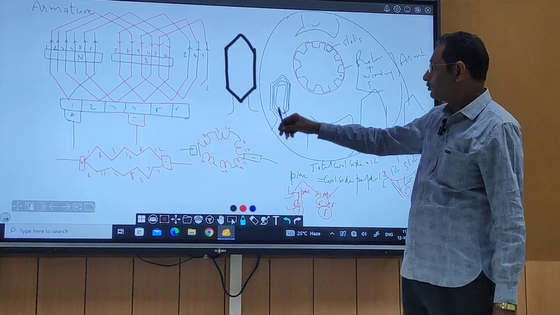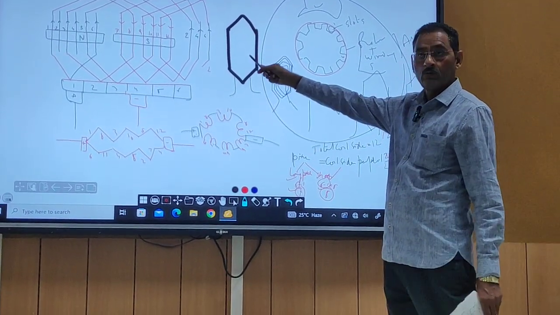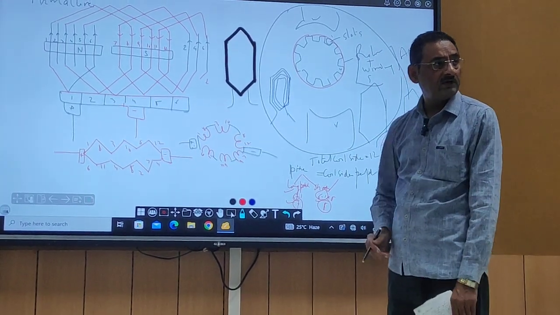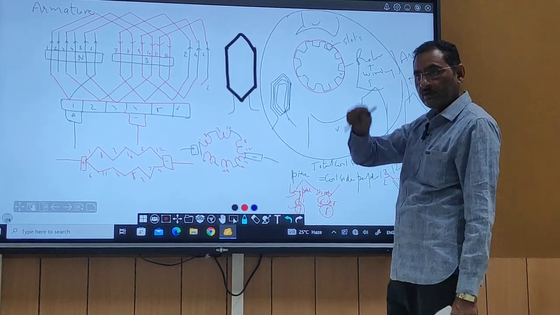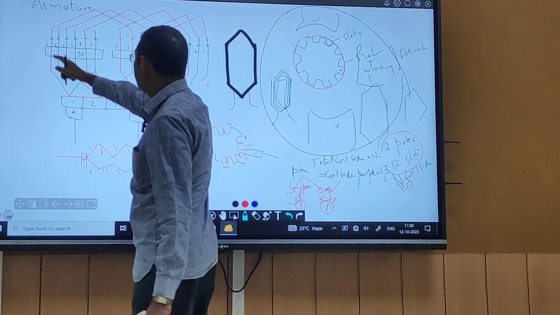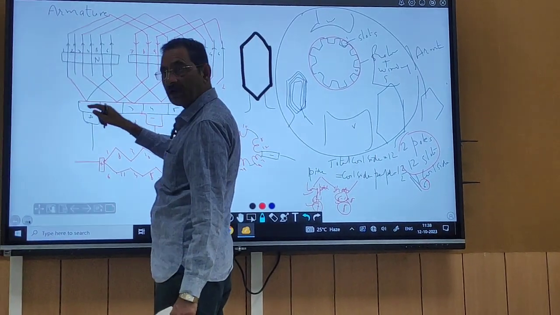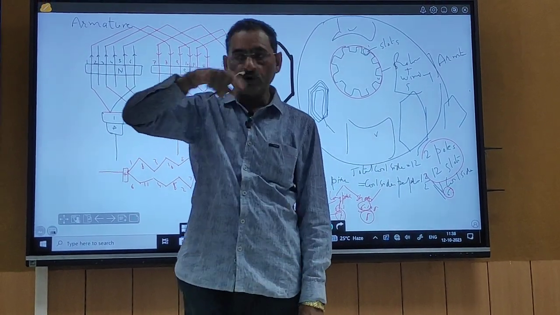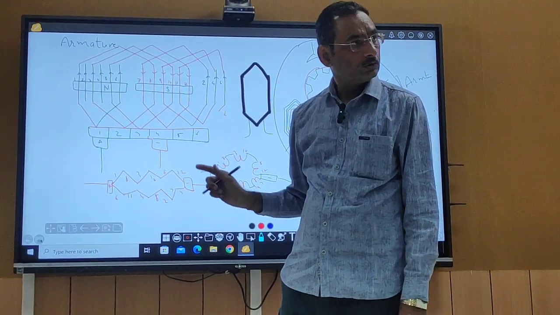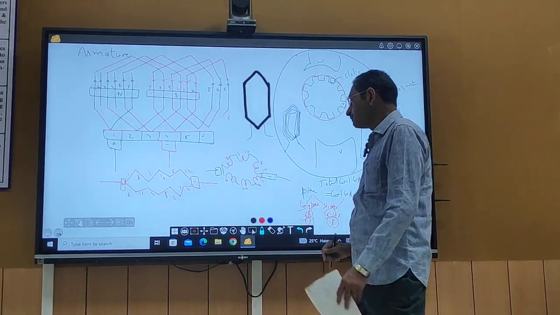ये पॉइंट समझ में आ गया आपको? What is this? Why we are representing? Mean it is showing the number of turns. It may have the 20 turns. After making the 20 turns, 2 turns are coming out. So when we are saying 1 to 8, it is not like this. It may have the 1 to 8 and number of turns, then finally 2 terminals are coming. Okay, this should be very much clear.